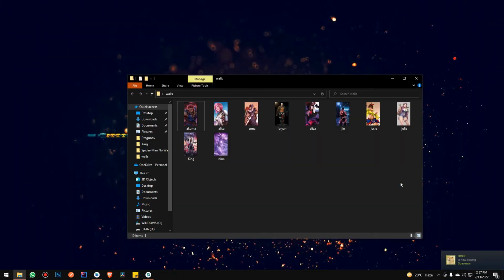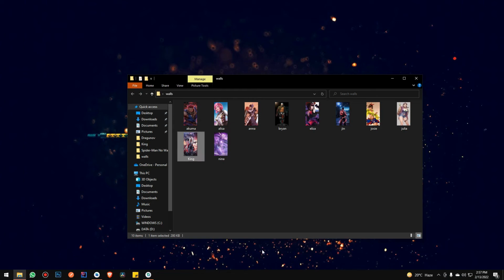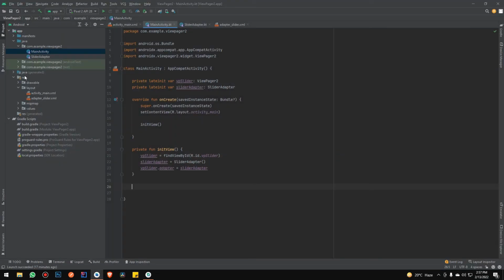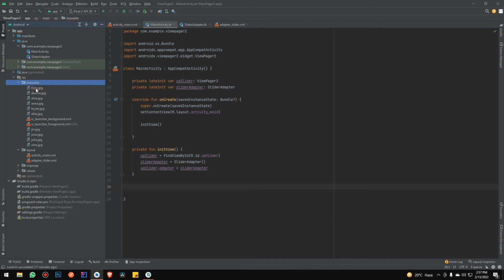I'm going to copy these wallpapers, rename them to small caps, and paste them inside of our drawable. Now I'm going to make a function that returns that array of these wallpapers. So I'm going to make a function called get wallpaper. So here we will return